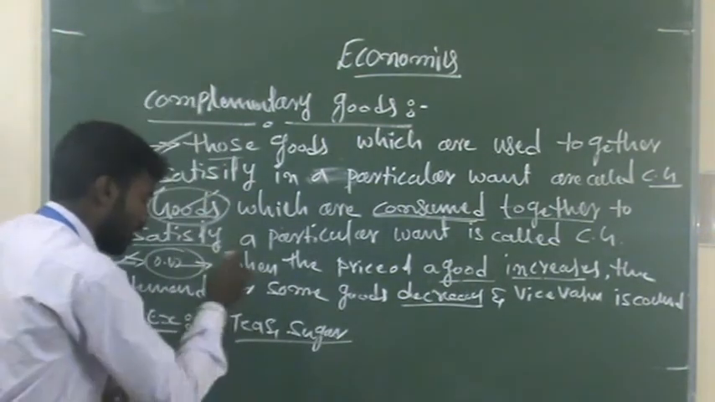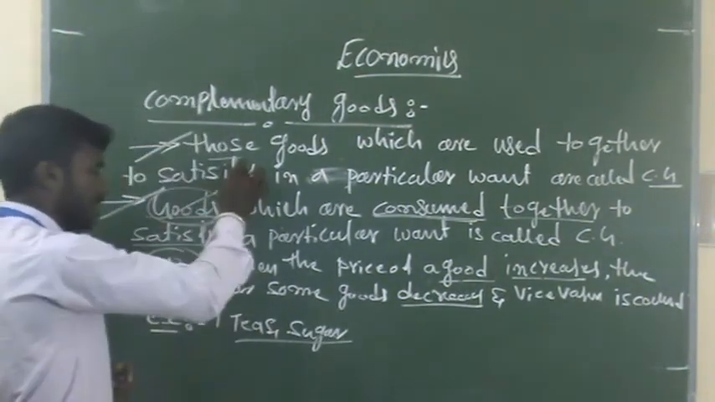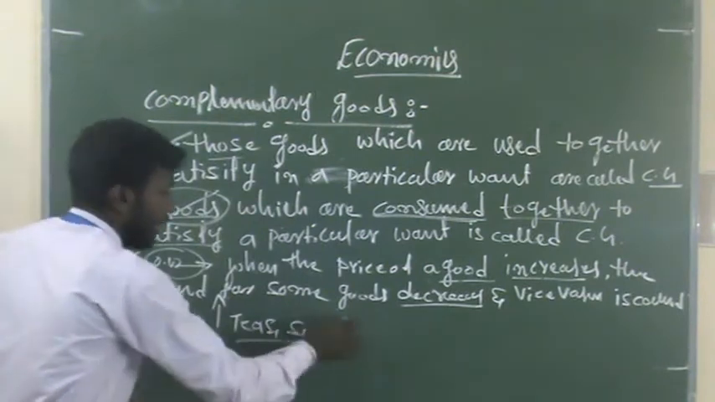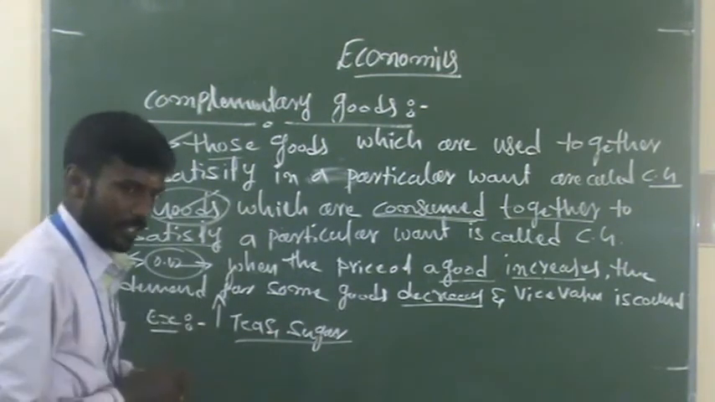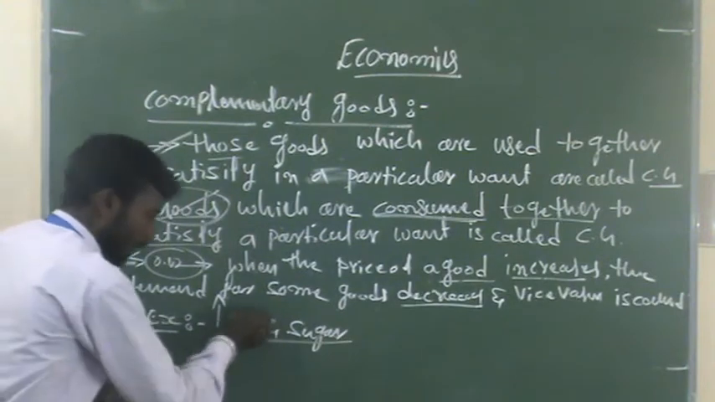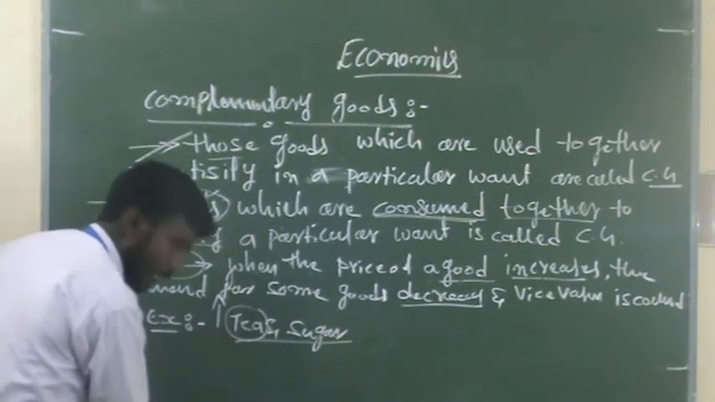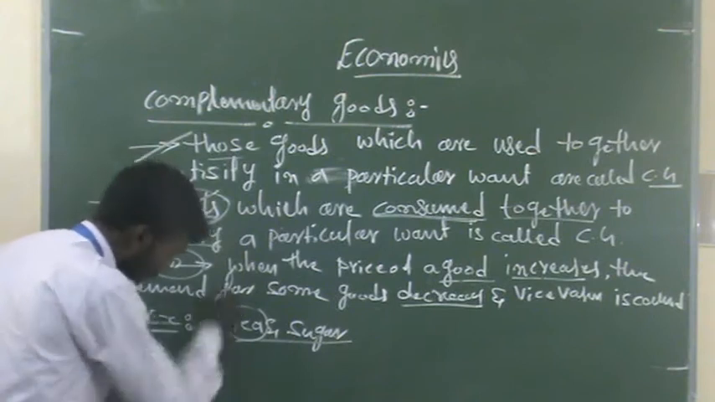Suppose now when the price of the tea rises, automatically the demand for the sugar will decrease. And vice versa, suppose when the price of the tea powder decreases, diminishing,